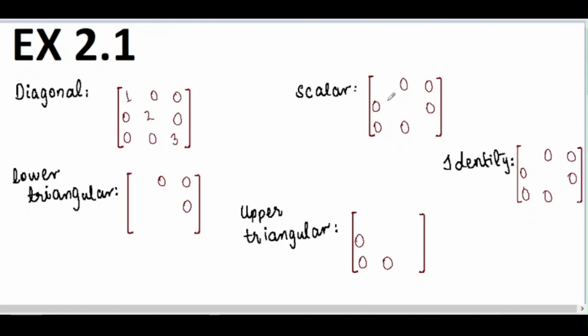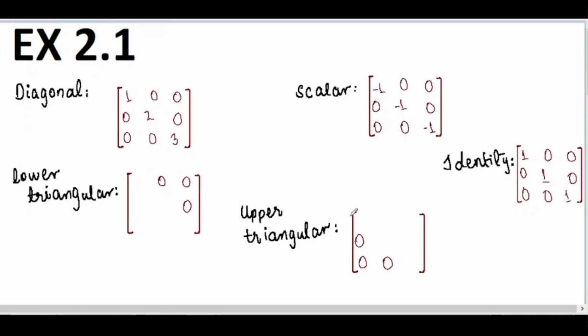Now for scalar matrix, these 3 spaces must be written with the same number. There cannot be any different number in these places. For example, if there is -1 written over here, then there should be a -1 here too, and also here. If there is a 2 over here, then these 2 spaces must also contain 2. For identity matrix, these should be zeros and the diagonal should be 1. This is a must for identity matrix. It has no other choices or options left.